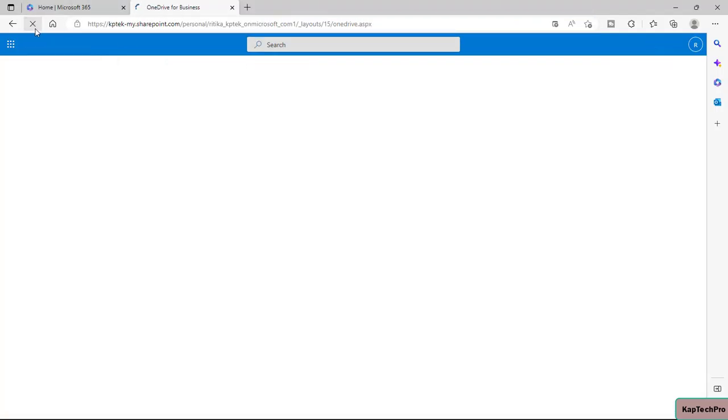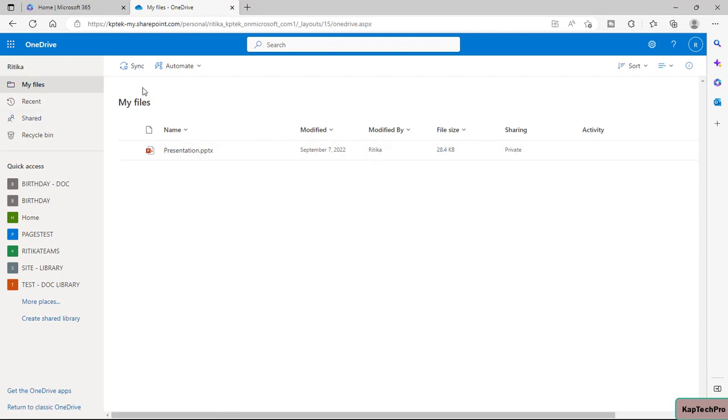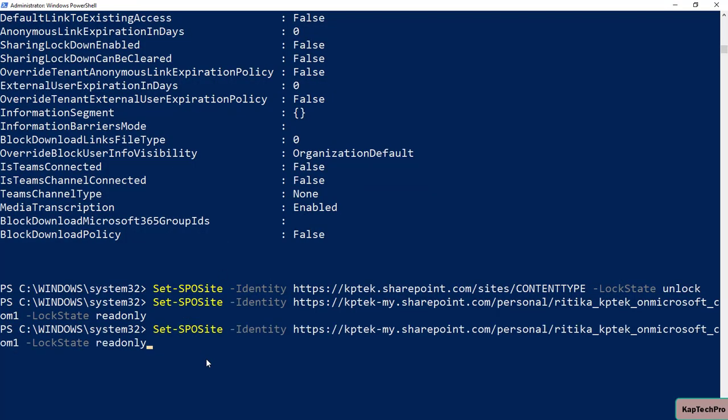So if Ritika tries to access her OneDrive, you can see she is not getting the option to add any document inside the OneDrive. There is no option to upload or to create a new file. She can simply access the existing documents, and she will not even be able to make any changes to the document. And if you want to set the site to no access, okay,